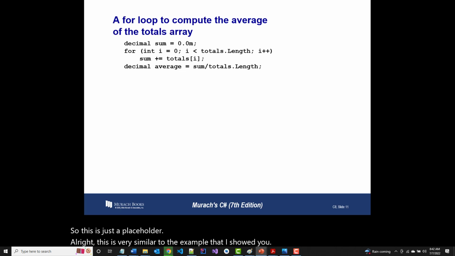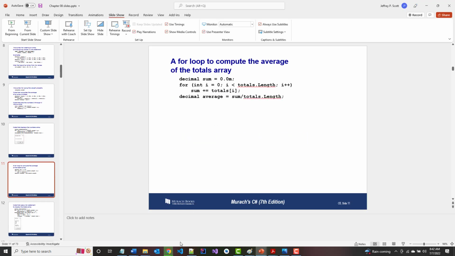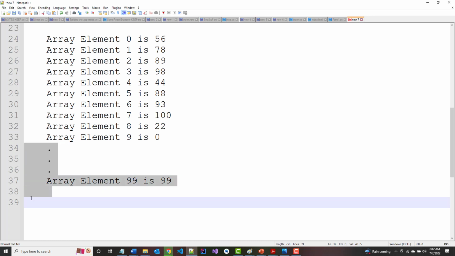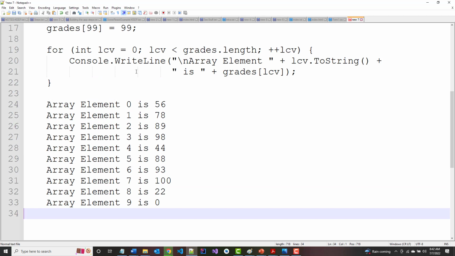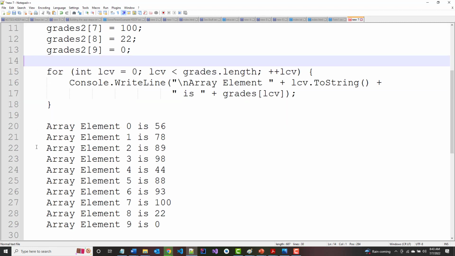You can use different kinds of loops to do a lot of things in an array. There's a good example. If I go back into the program that I showed you, let's say there's 10 array elements, just like that. We'll get rid of all the stuff that we added here. Okay, so we've got that. But if I want to add up all these and find out how many points collectively we got between the tests, okay,